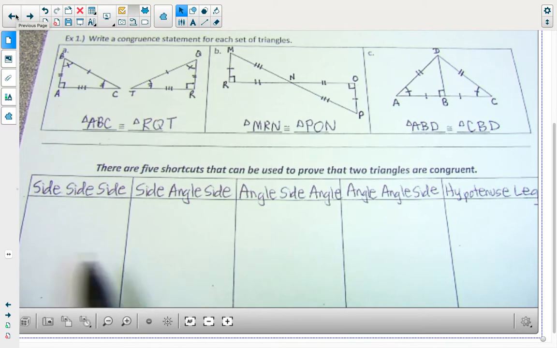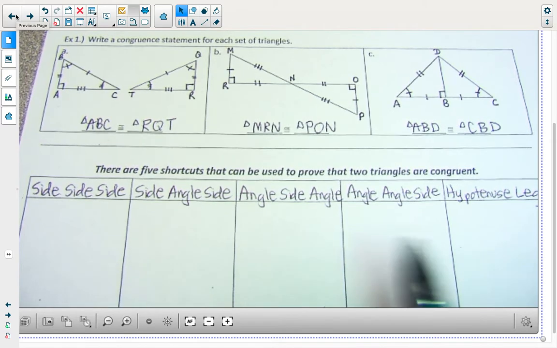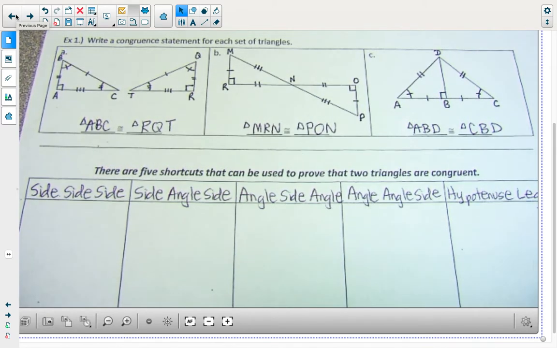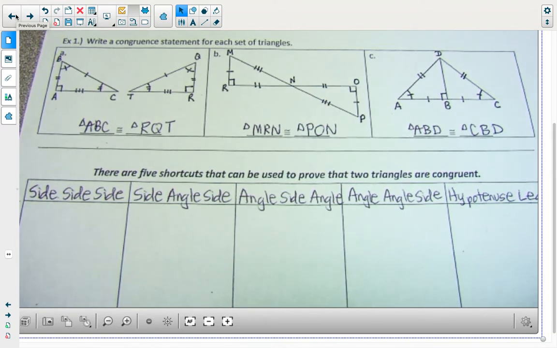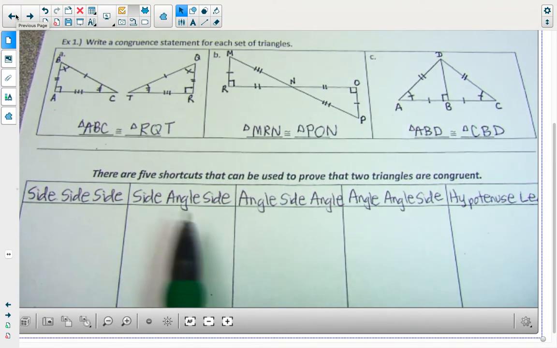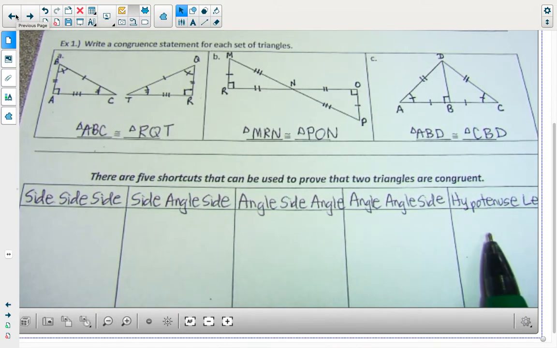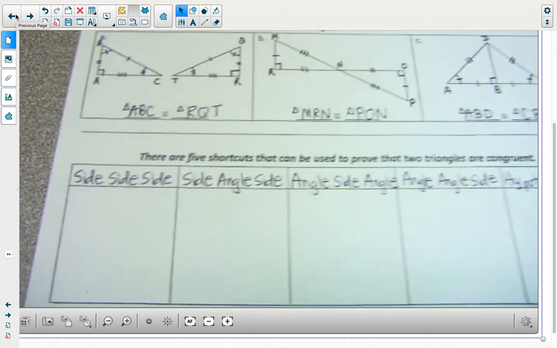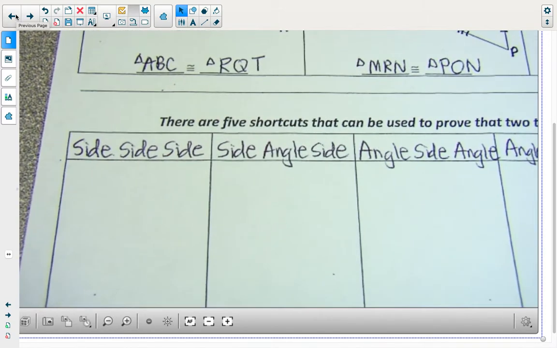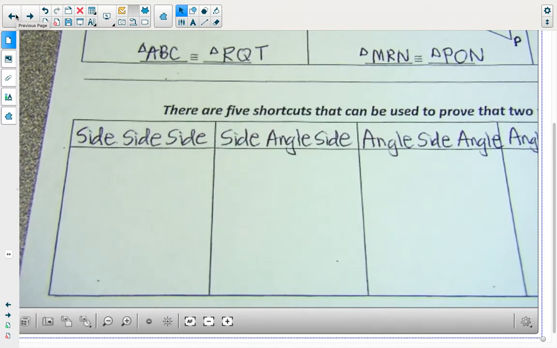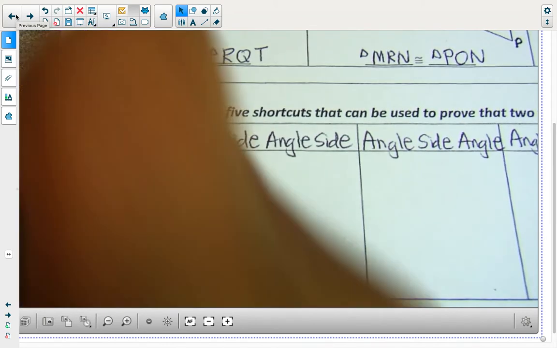And in each space provided down here, I'm going to go through and draw a triangle, draw a picture, so that you'll better understand what that means. So there's 5 of them. So let me zoom in a little bit and we'll take a look at a few at a time. So first, let's take a look at side, side, side. So I'm going to go ahead and draw some triangles in here